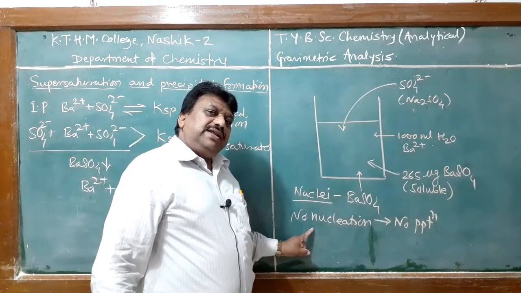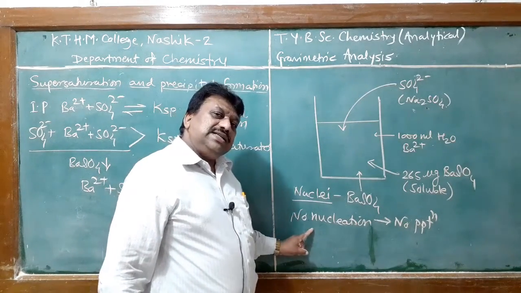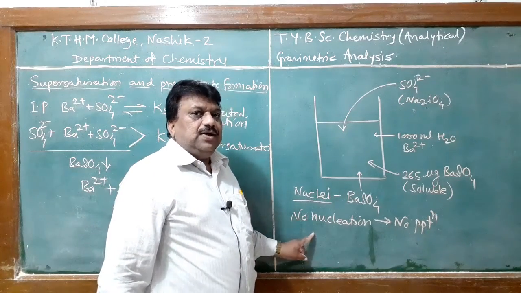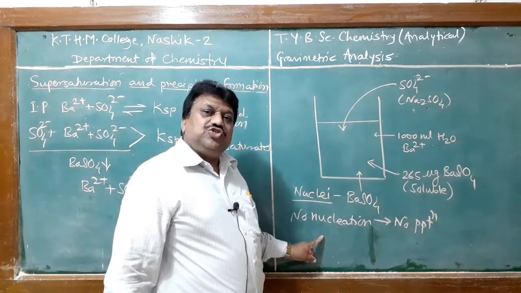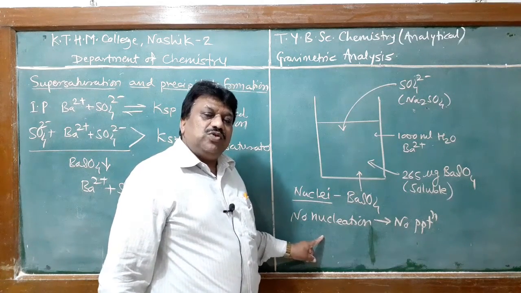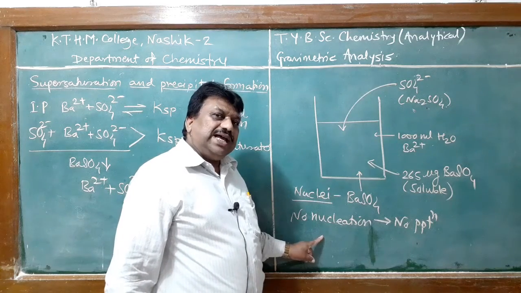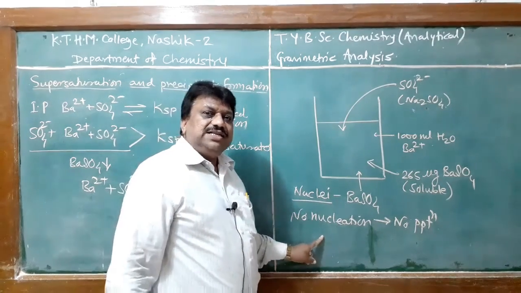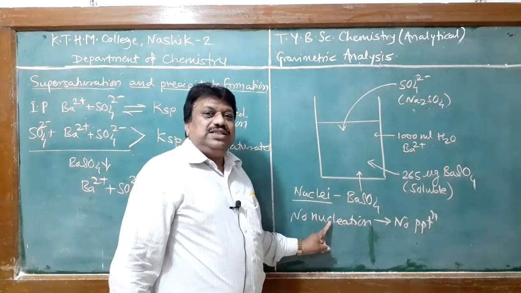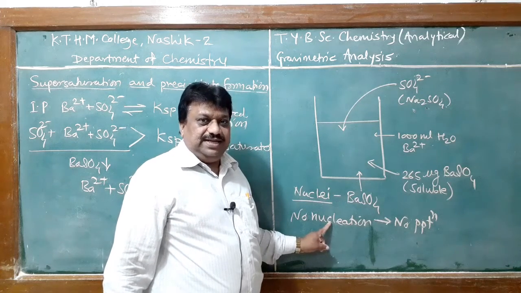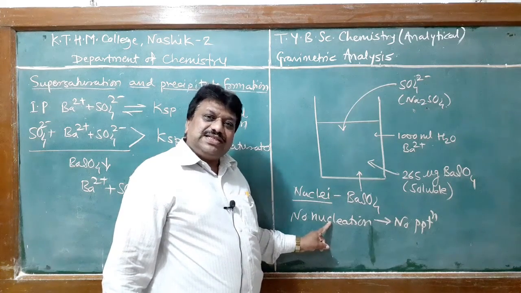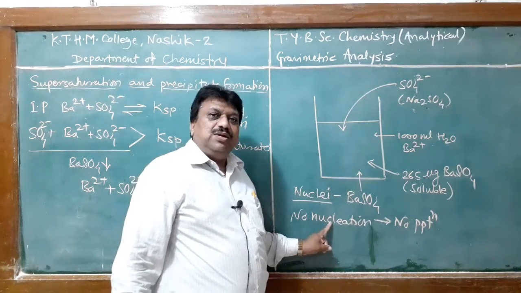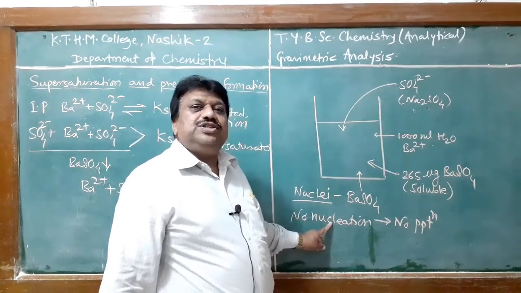Student, in gravimetric analysis, we have to consider the solubility of the precipitate as well as the purity of the precipitate. We have to obtain that precipitate in a stoichiometric form, that means in the purest form. Then and only then can we quantify the analyte without error. Otherwise, if the precipitate is contaminated with impurities, then there is error in gravimetric analysis. Therefore, we have to discuss what the different physical or chemical phenomena are by which impurities are introduced into the precipitate.